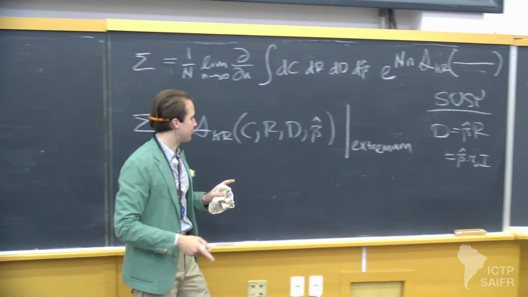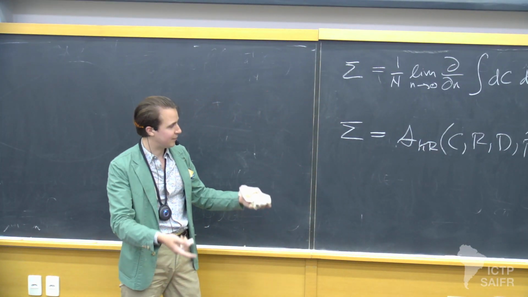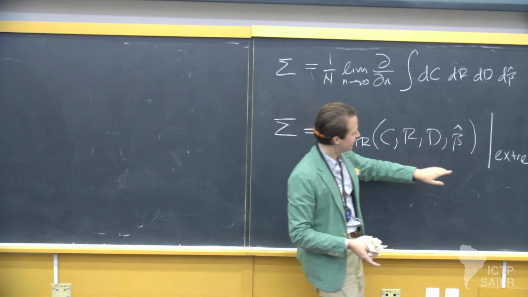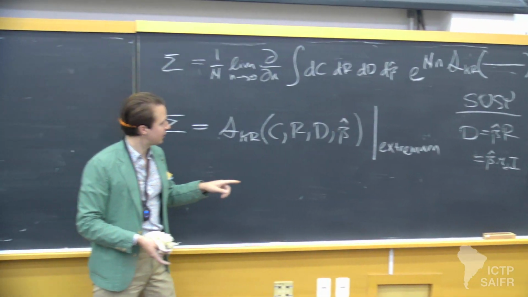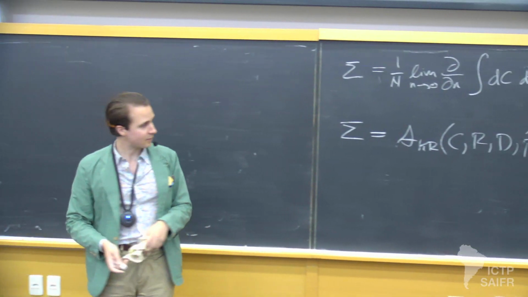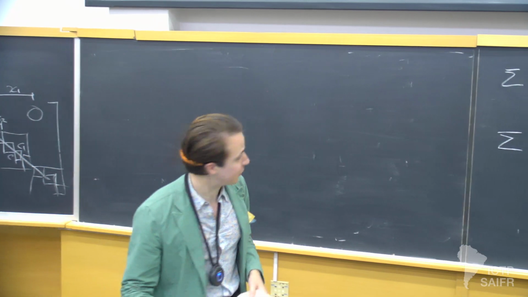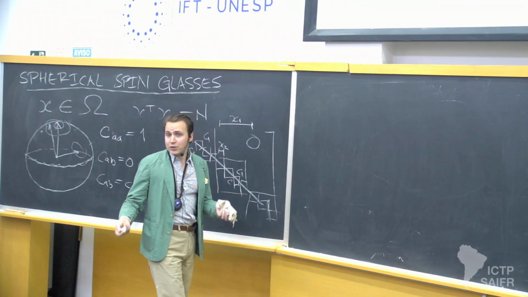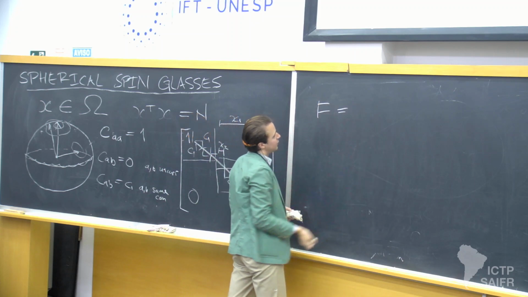But this is very, very nice for us, because it means now, if we're looking at the supersymmetric effective action, we have one matrix order parameter, one scalar R_D, the diagonal element of R, and our beta hat, right? Much reduced space. And with this reduction, we are now ready to make the mapping to equilibrium, which has a schematic form that should be somewhat intuitive, which is that we know the free energy is given by,